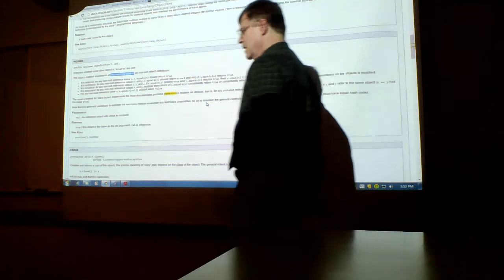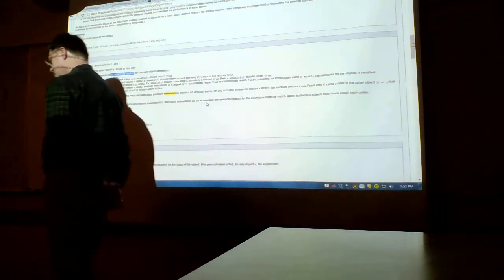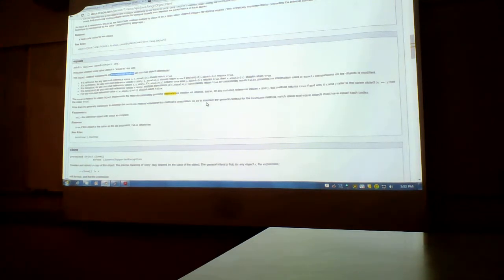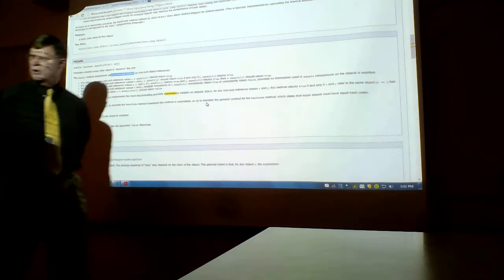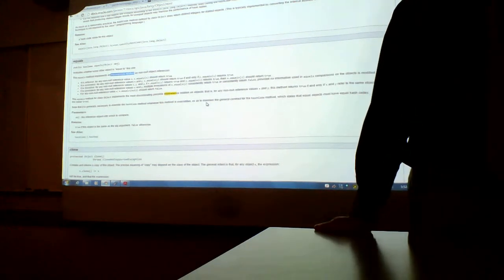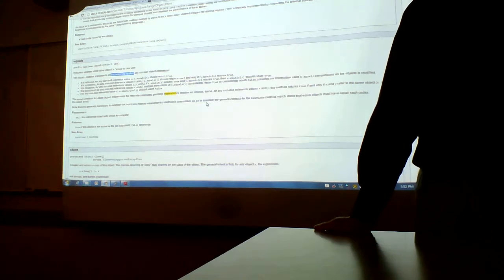Where's another arena where equivalence relations are used, or equivalence classes even? Have any of you taken Software Engineering 3? What do you talk about testing in that? Or is that part of 2? So in Software Engineering 2, you talk about testing. Is it possible to exhaustively test code? It depends on what the domain of its inputs is, right?